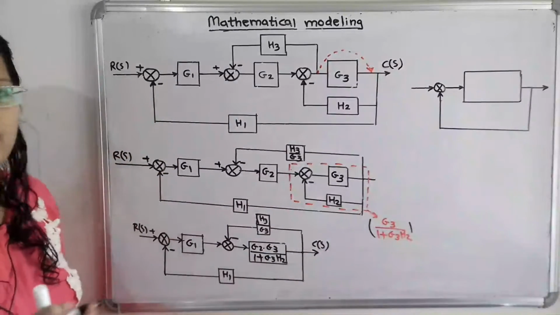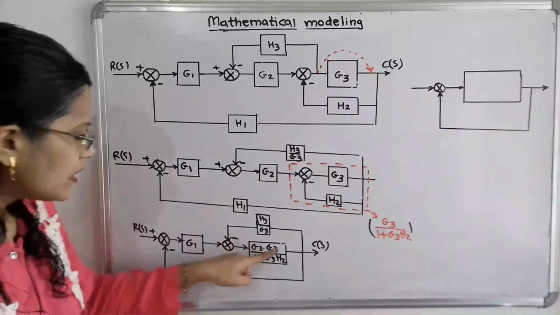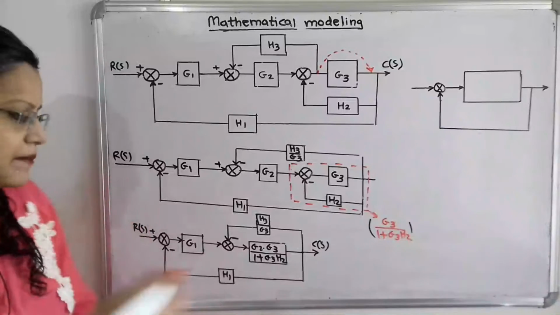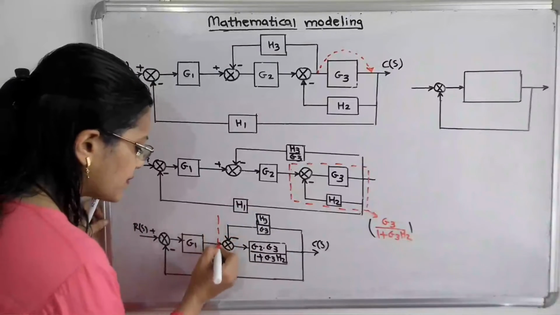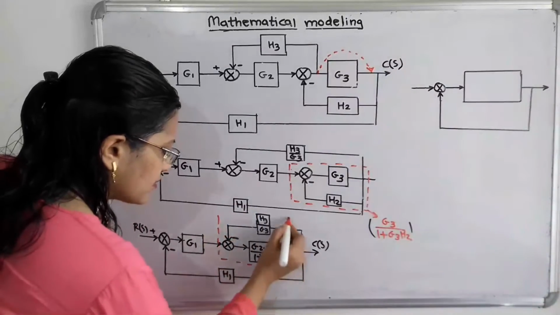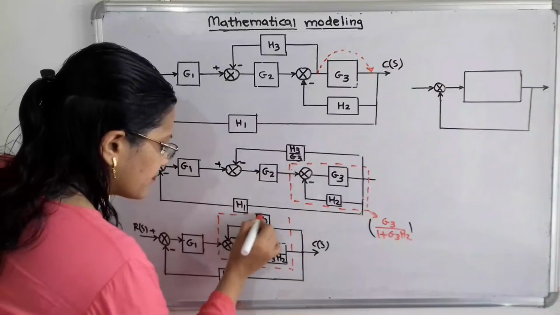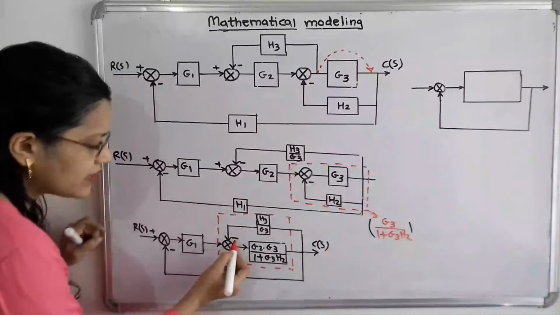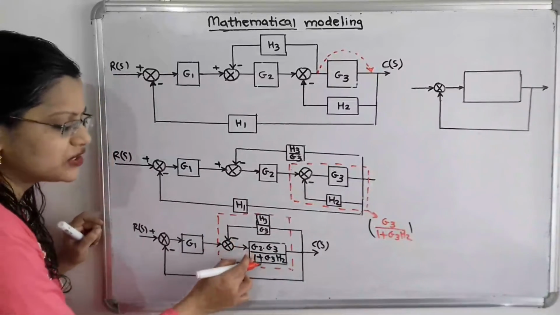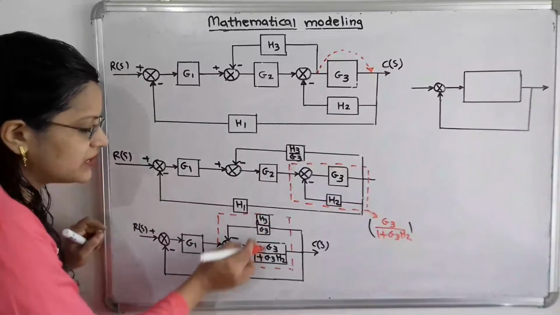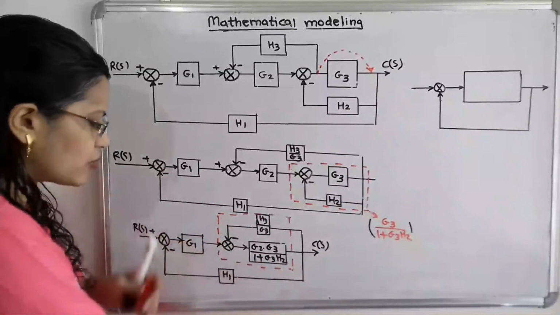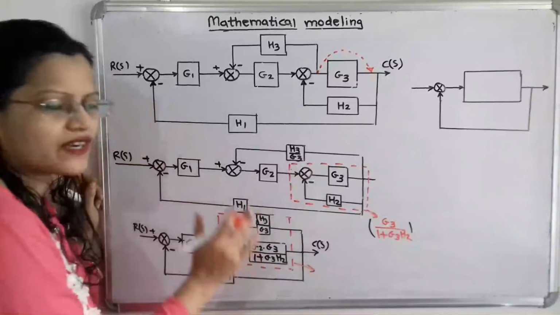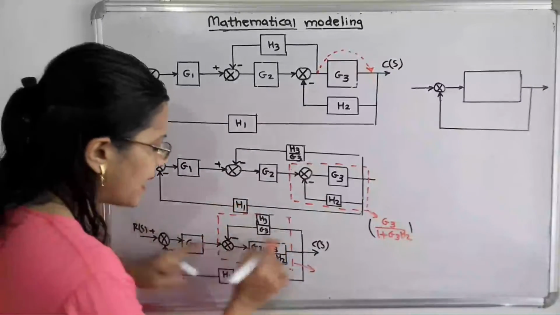Now again if we observe, here is the feedback loop. So we have to eliminate this feedback loop. I will show here with the help of red marker. So what is the answer when we eliminate? Now here is also minus sign, that means G divided by 1 plus G into H. So I will show here the answer, that is after elimination of this feedback loop, the answer is